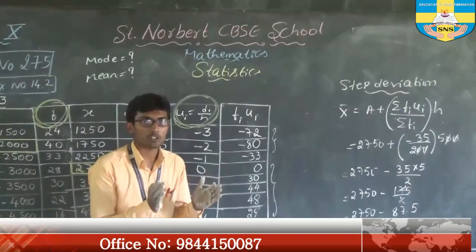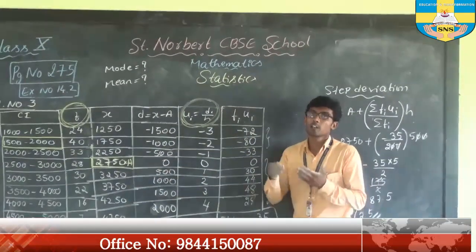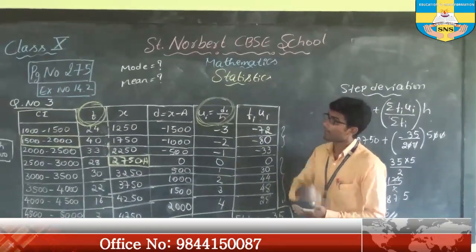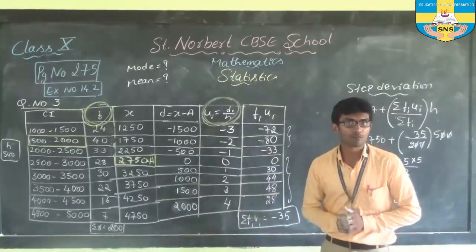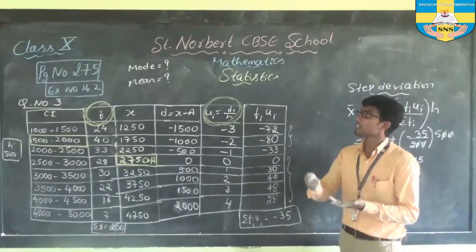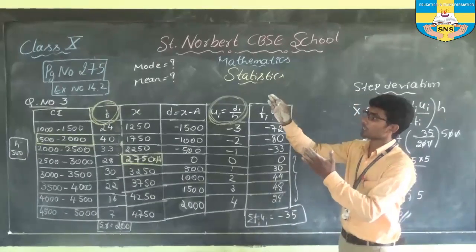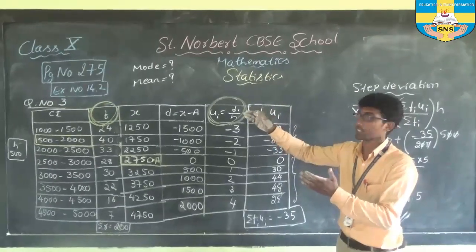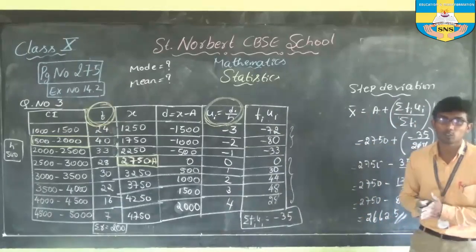Did you see the question? The question is quite lengthy because here they asked to calculate the mode of the grouped data and also the mean of the grouped data. These types of questions can be asked for 3 or 4 marks in an annual examination. Even sometimes they will ask mean, mode and median, all those 3 together. For the time being, try to be thorough with these 2 topics. By this, I will be ending the topic related to the mode of the grouped data.